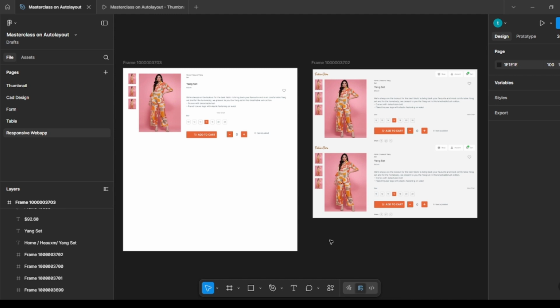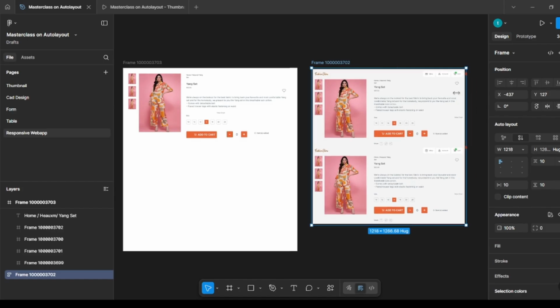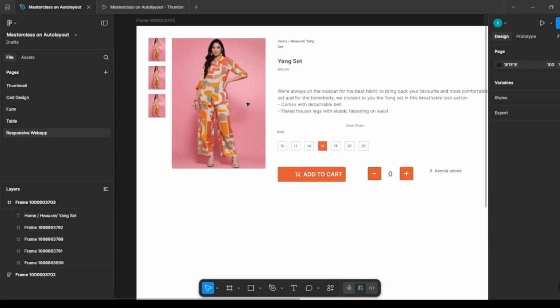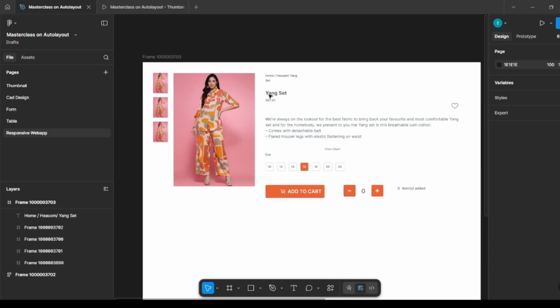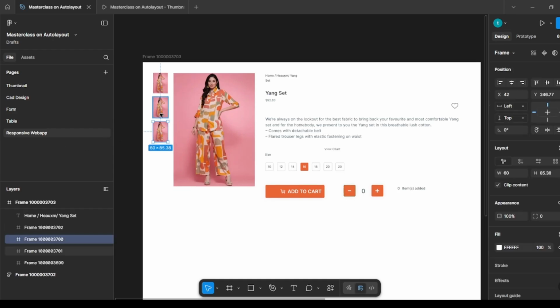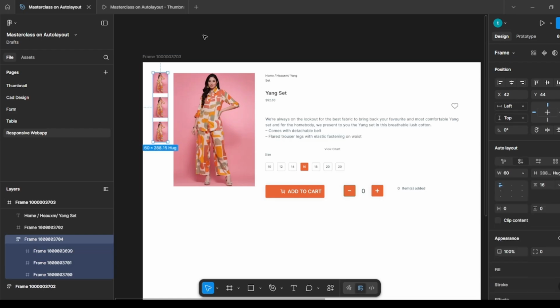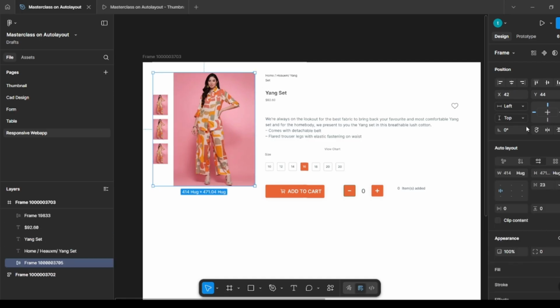Now we'll see how to make a responsive web app. So this is how it will work. Now let's start creating this. I have already taken all the contents so that we don't waste much of our time. Take this into the auto layout, and for this also take it into the auto layout,